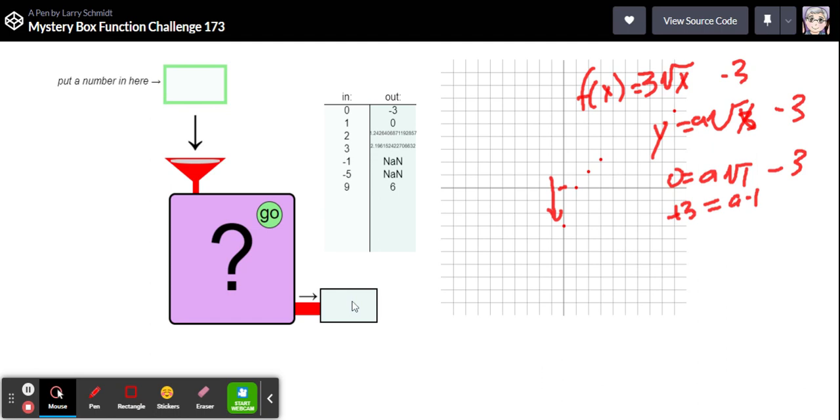I'm going to go ahead and reveal and graph. And we've got that 3 times the square root of x minus 3. That minus 3 just drops it down from the origin and puts our starting point right here at -3 on the y. And that multiplier 3 makes it a bit